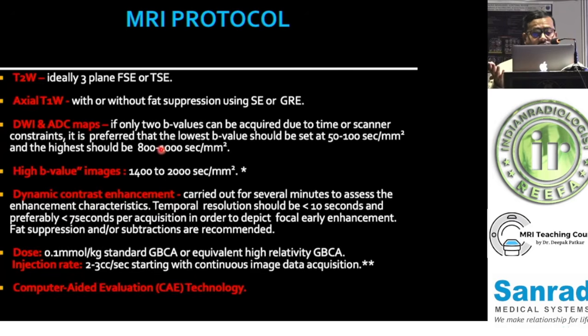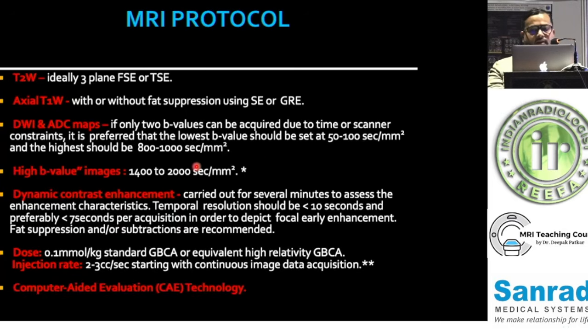If only 2 b values can be acquired because time is constrained, then the lowest b value should be at least 50 to 100 and the highest should be at least 800 to 1000. Then we acquire a separate set of high b value images. These are not to be calculated from the diffusion images. You have to have a separate set of high b value images of about 1400 to 2000 sec per millimeter